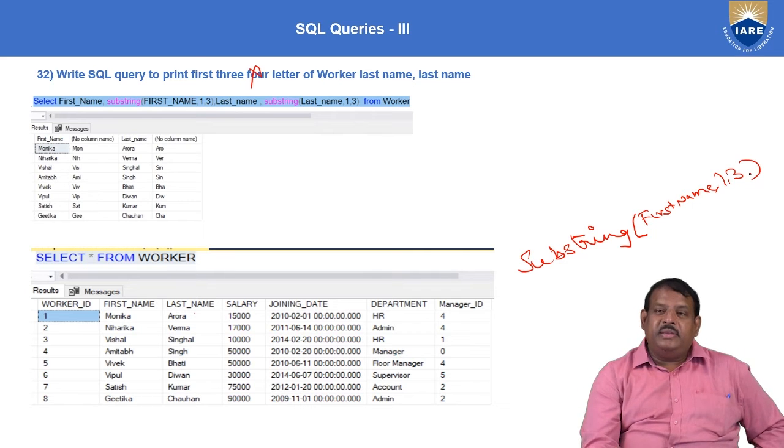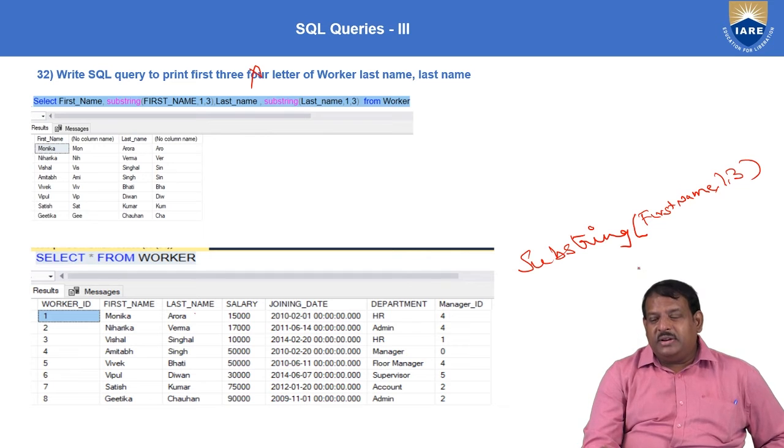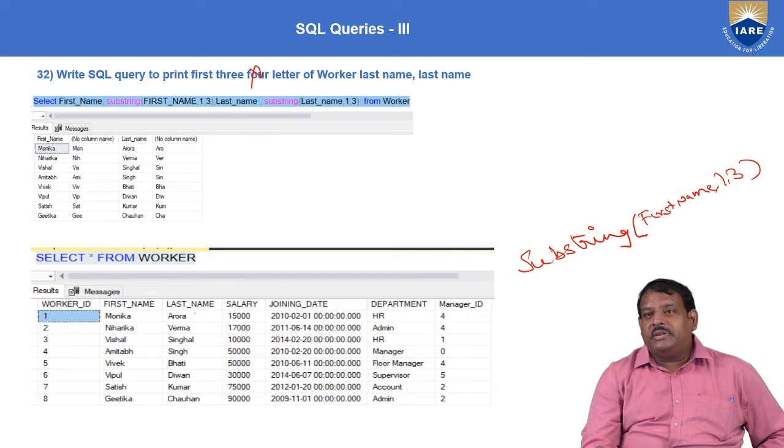So, once again, the substring function is a function used to extract content from a character column in the database.